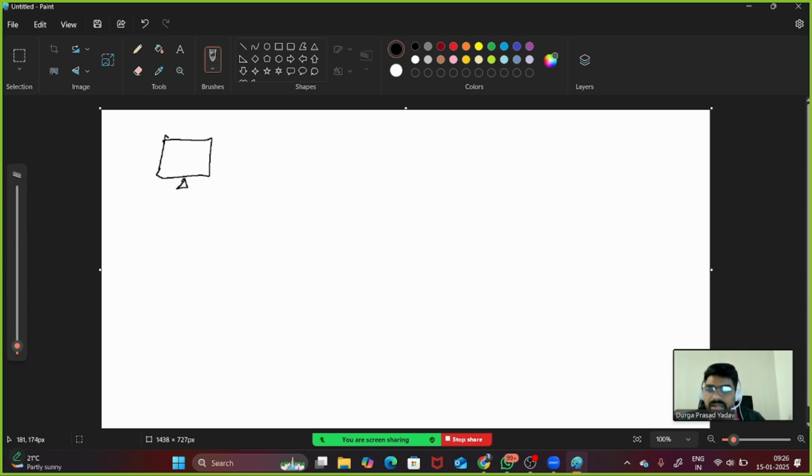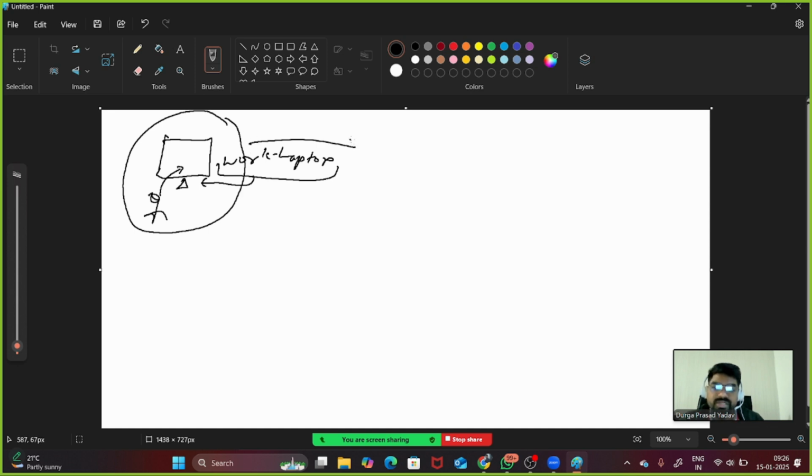So let's say this is your work laptop or work computer. Basically, if you go into a company, you will be getting a laptop or computer where you will sit and start doing the work. So this particular computer will generate the data. Now this data, if you want to store somewhere, if you want to take the backup, let's say generally what do we do? Let's say 5 o'clock on the daily basis,